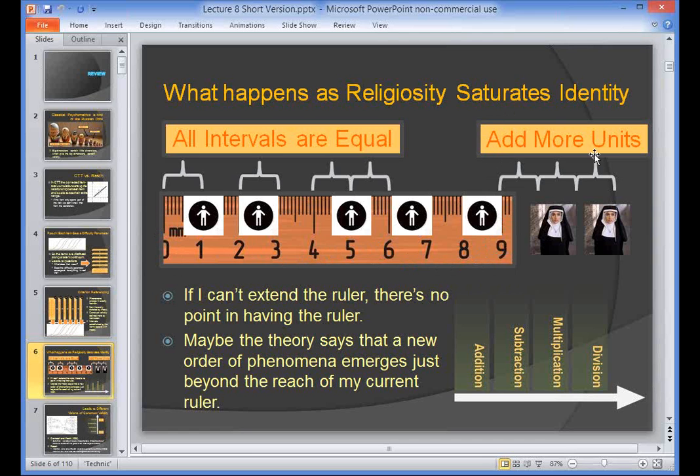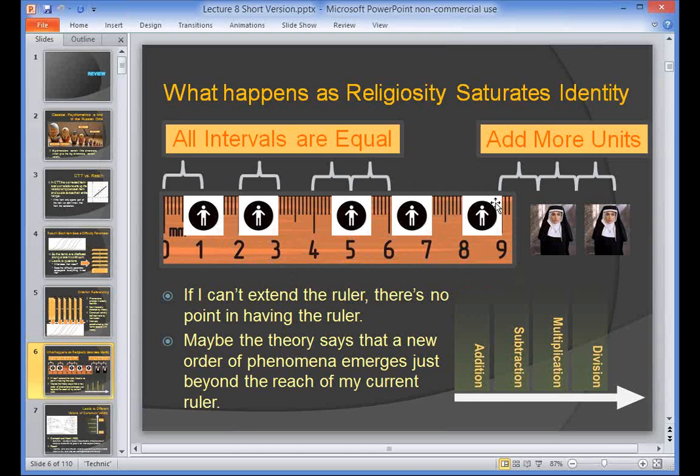But your theory doesn't really get interesting until you get people that are professionally involved in religion in some way, religious institutions. But your ruler doesn't go up that far yet because you don't have anybody in your sample that represents these people yet. So the idea here with the Rasch model is that all of the intervals are equal. The distance between 2 and 3 is equal to the distance between 7 and 8. And up here between, say, 7, 8, and 9, these are going to be my most difficult items for the